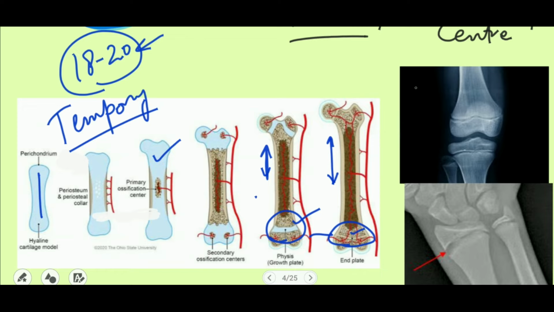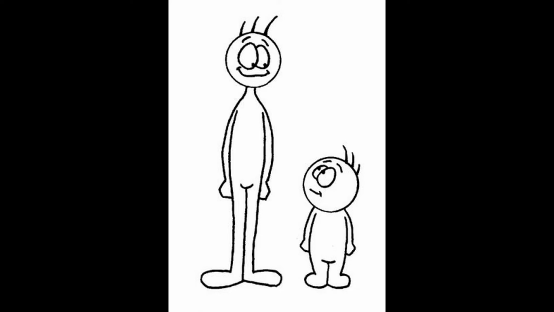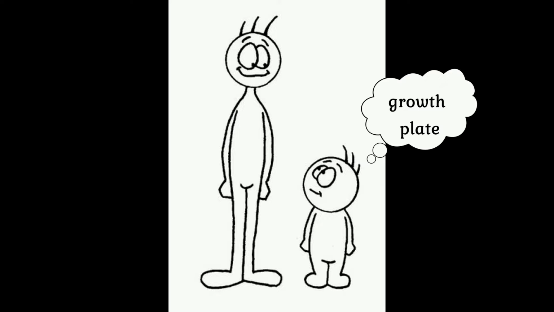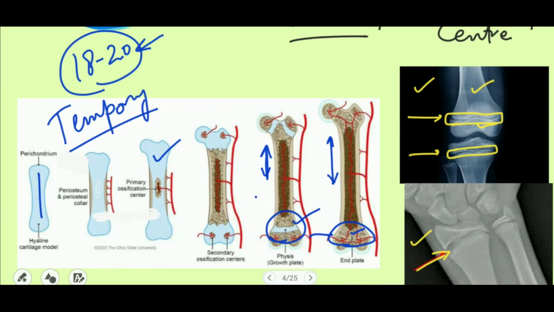It becomes bone. Look at these two x-rays. Why have I shown you here? We have got bone here. There is the shaft of the bone. We have got bone here. That is the end of the bone. In between there is a lighter area. This is the growth plate. This is light because this is not the bone. This is a cartilage. So in a short-heighted person, first go for X-ray. If there is an evidence of the growth plate, then go for hormonal treatment, medical treatment for stimulating the bone growth and achieving the target of the height.